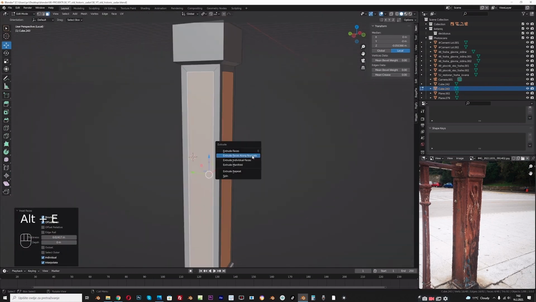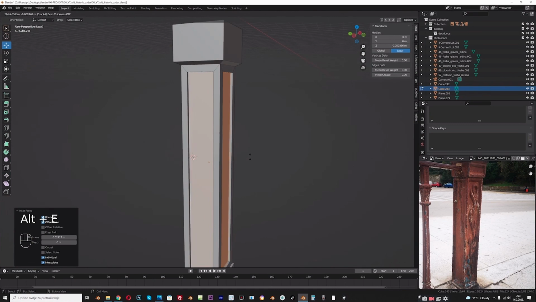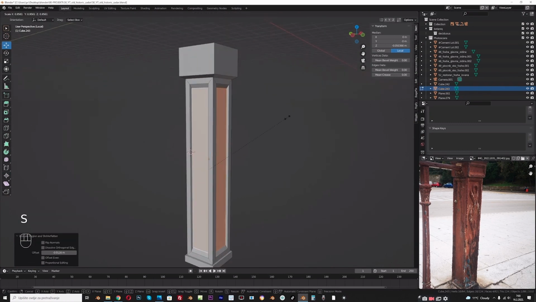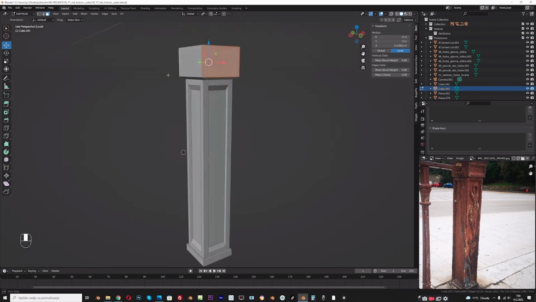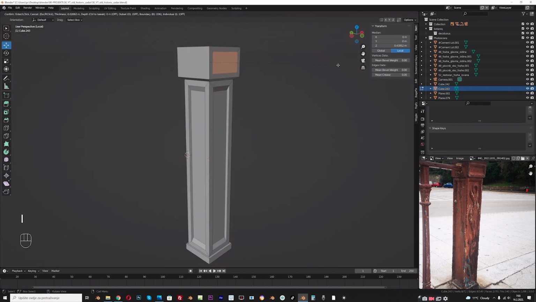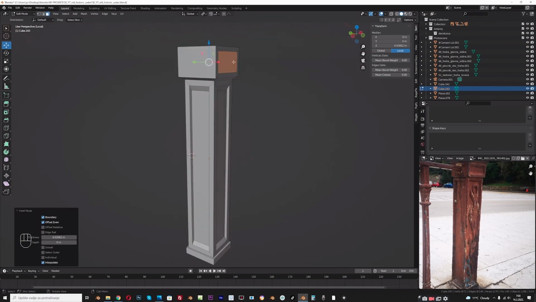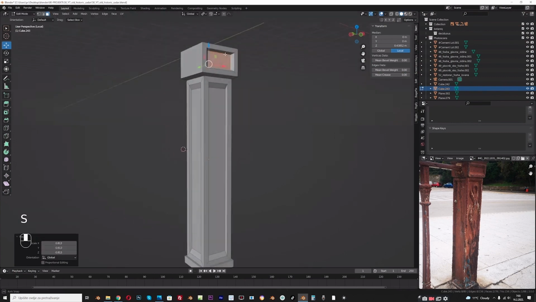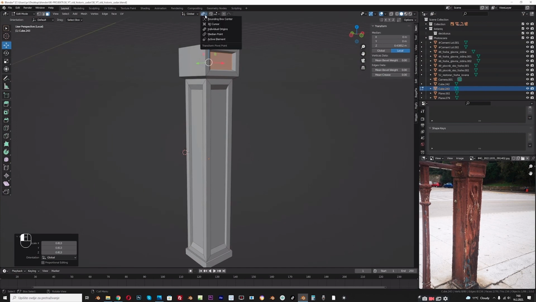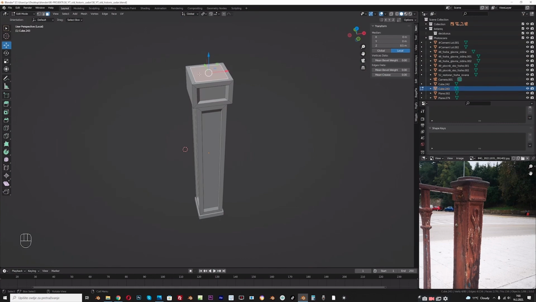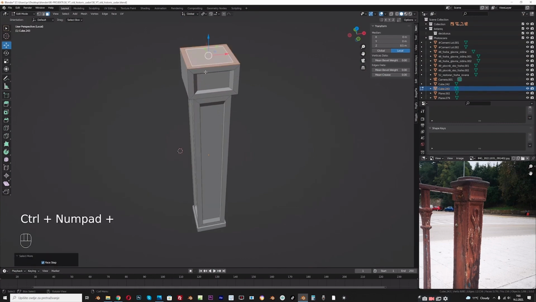Now extrude this along normals, and now scale this, and do same thing here. Alt E, extrude along normals, and scale. Just be sure you go with individual origins, and I will select all this, and I think I will delete this